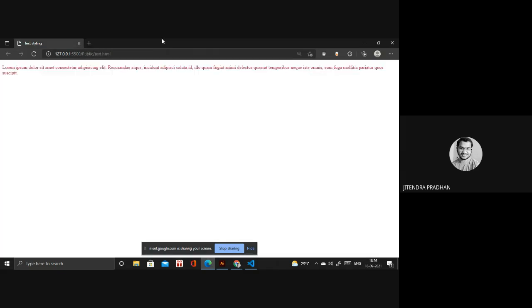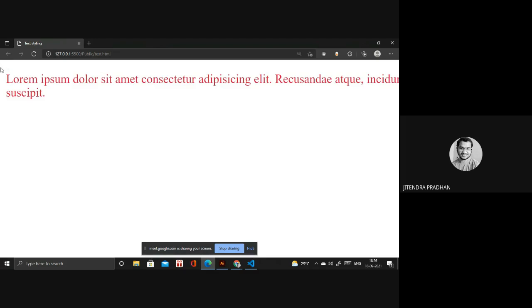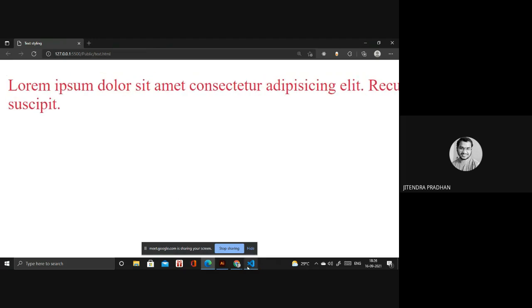Yeah, it's opening now. Okay, so the first paragraph, whatever I write inside that, will be in that red color, the crimson color.